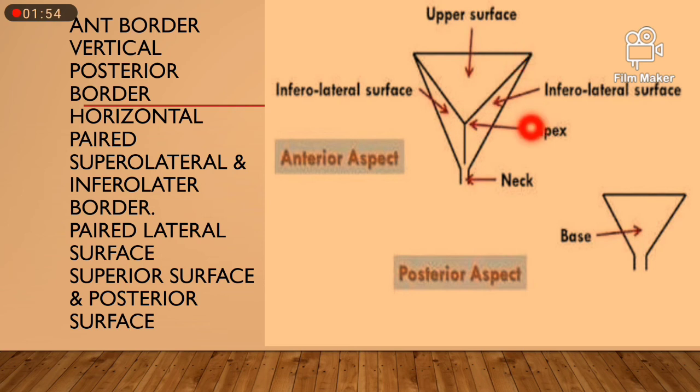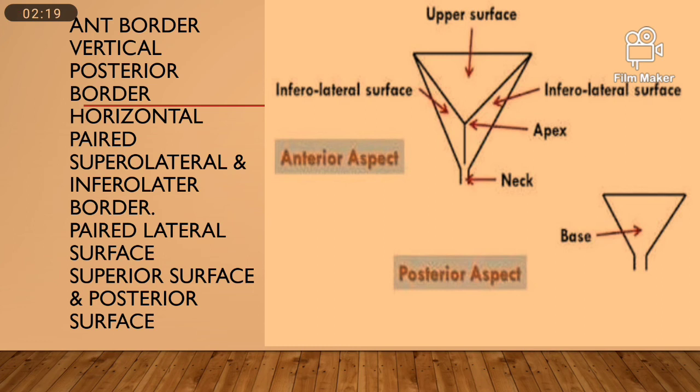And these are the paired inferolateral borders. So superolateral and inferolateral are paired borders. So 4 borders are there, plus this vertical anterior border and posterior horizontal border. Total there are 6 borders and 4 types of border.